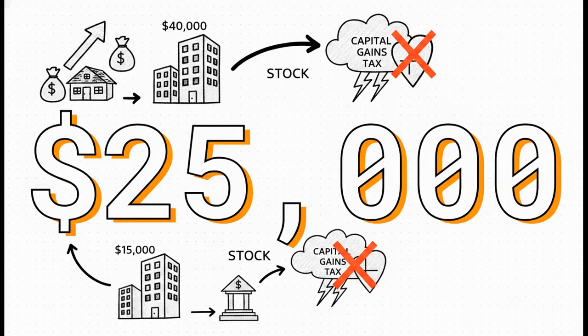Take a look at this number, $25,000. Where does that come from? It's the difference between George's original $15,000 purchase price and the $40,000 current value of his stock. That is his untaxed growth. By donating the stock directly to the charity, George completely avoids paying capital gains tax on that entire $25,000 of